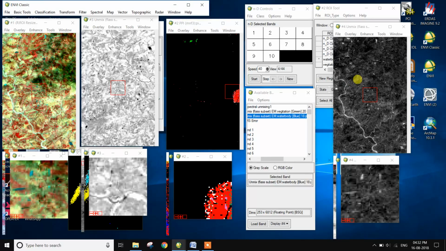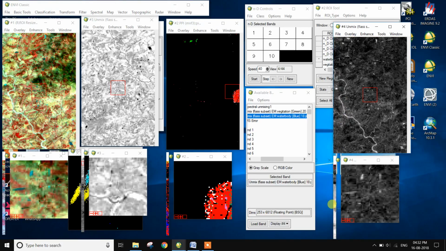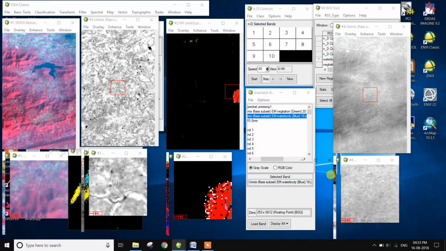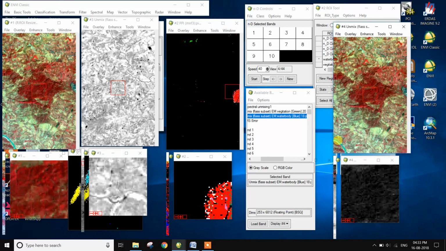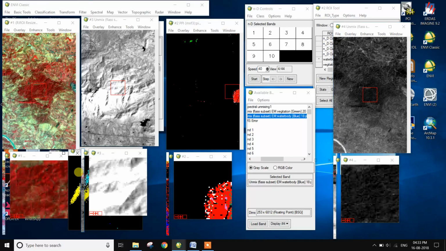So there is the link of the two images. There is the water body. There is the water body. So there is the water body. So there is the classification of linear spectral unmixing.